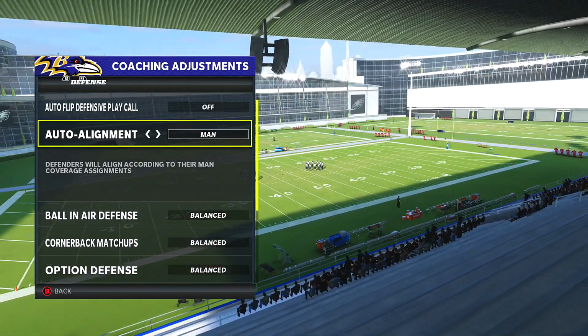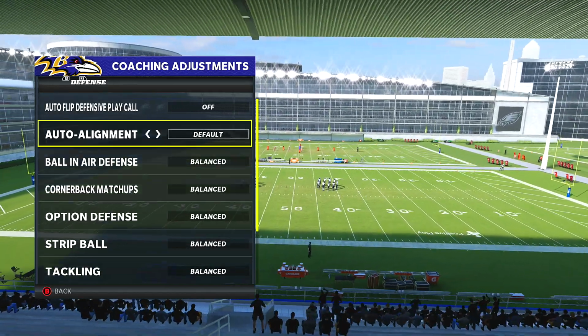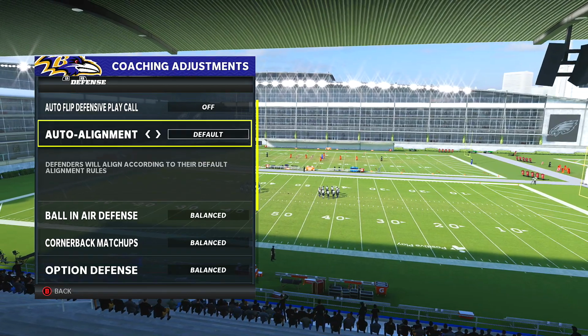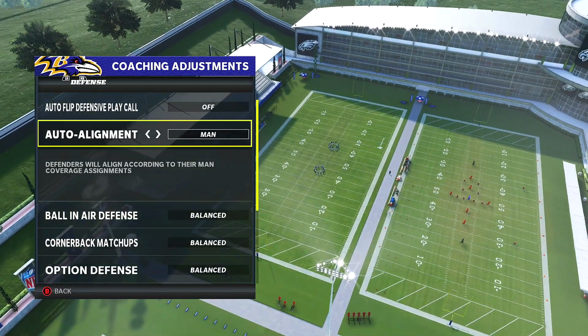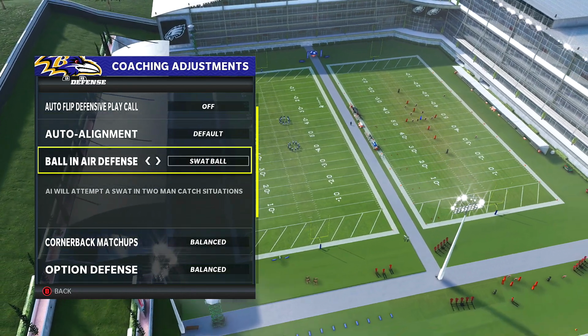So auto alignment to man, and then you run default. I typically run default to start it, and then I'll switch it according to how good my opponent is or what I'm seeing, you know what I mean? So this is situational. Ball and air defense, late game, and if you're winning and you just want to prevent